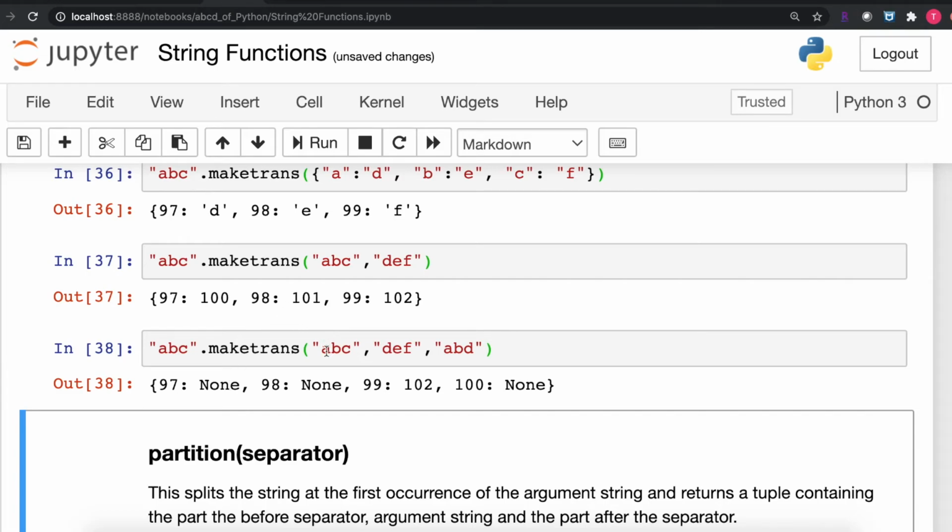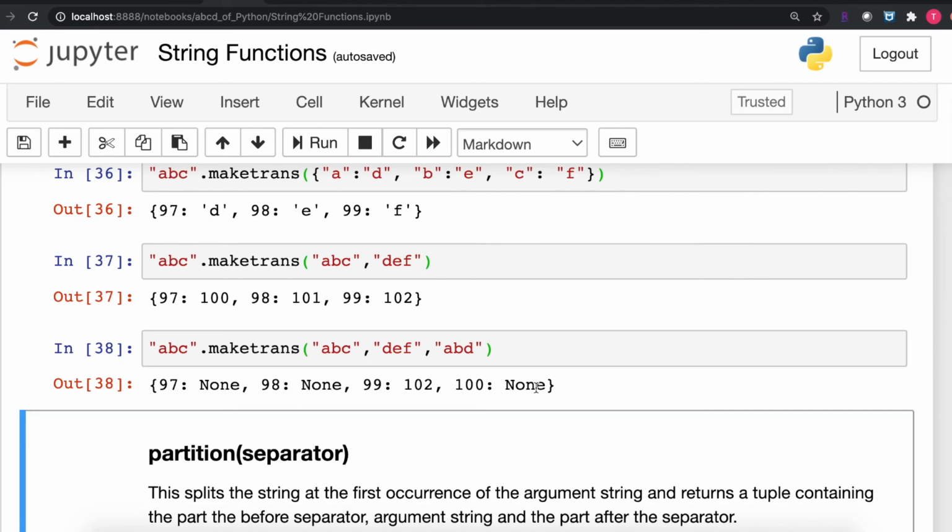Here first a mapping of A and D was created, and once the third argument was found, the mapping was removed and None was put in its place. The same happened with B, so B is also mapped with None. Since the third parameter does not contain C, the mapping of C remained intact with F. As D was not available in the first argument, a new mapping was created with None for D.